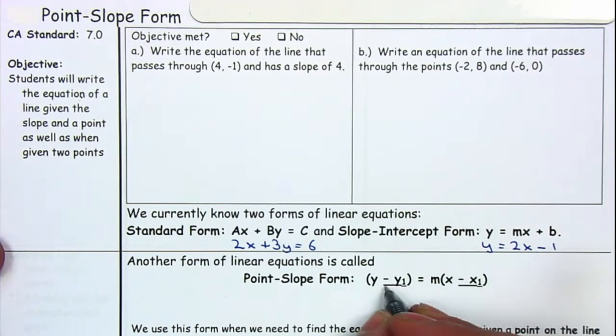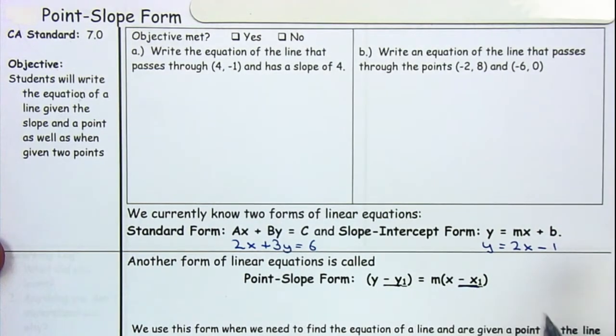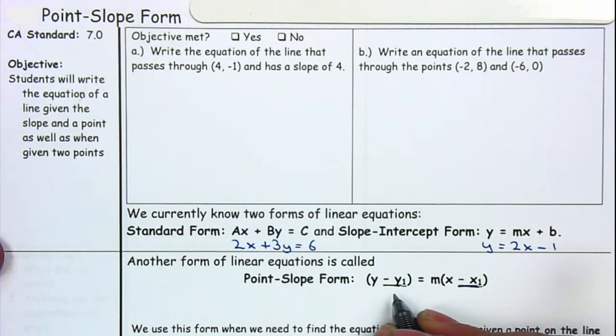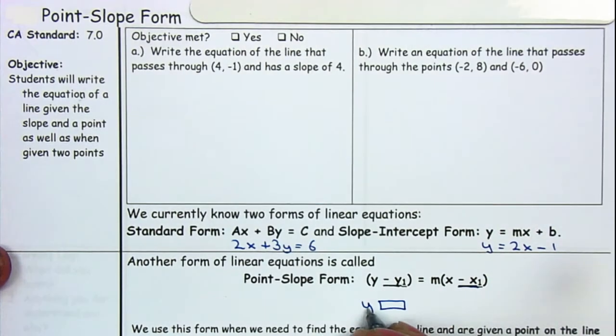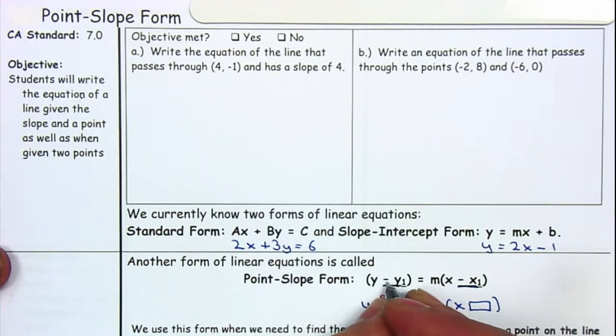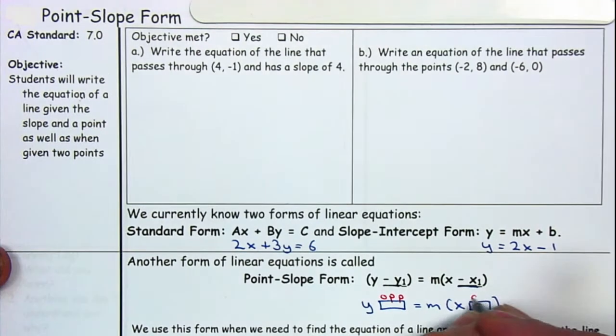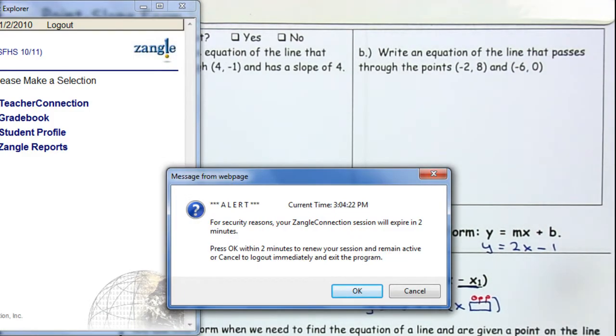And if you guys notice, I've underlined the negative y1 and negative x1. Just like when we covered the slope, when it says negative y1, that basically means the opposite of the first y. When it says negative x1, that means the opposite of the first x. So instead of this formula, we're going to rewrite it using a little box. So it'll be y, and then box, my slope, x, and then box. Inside will be the opposite value, because it says minus y1 of y. And here will be the opposite value of